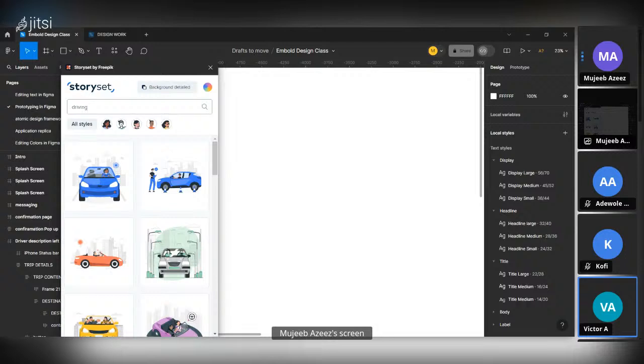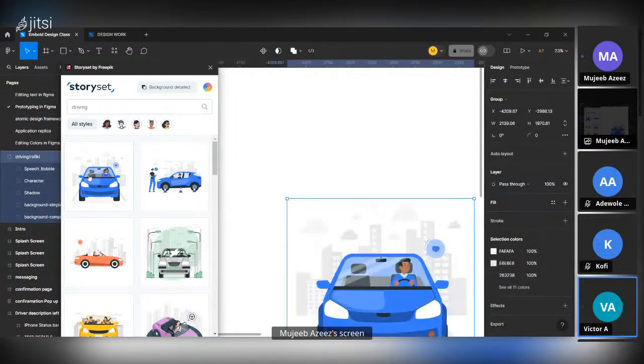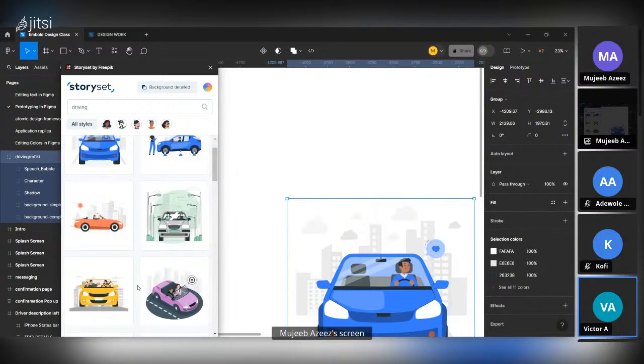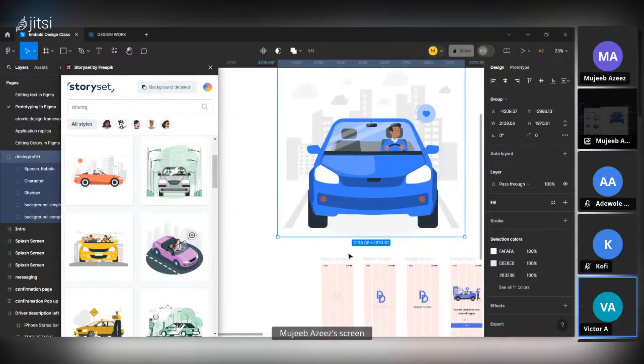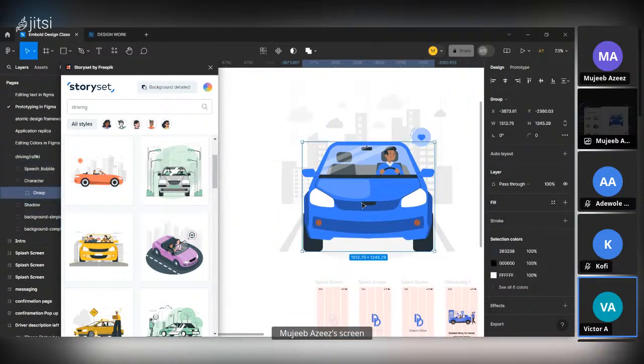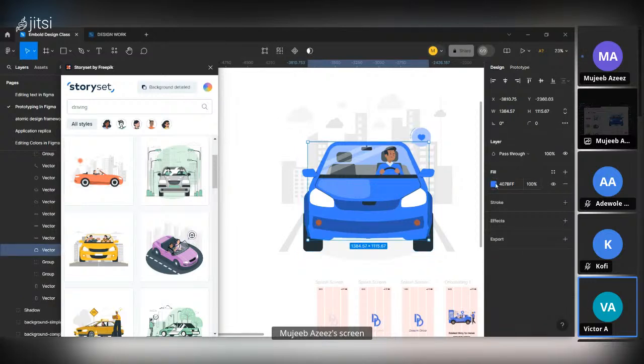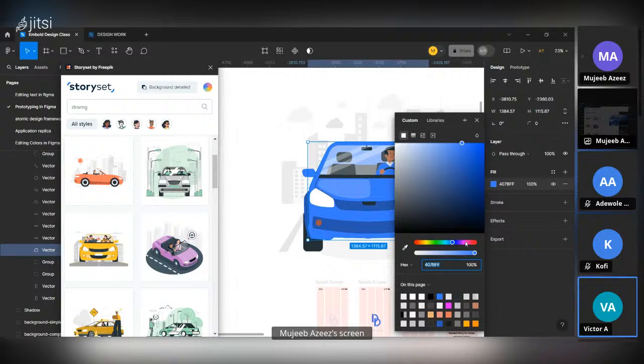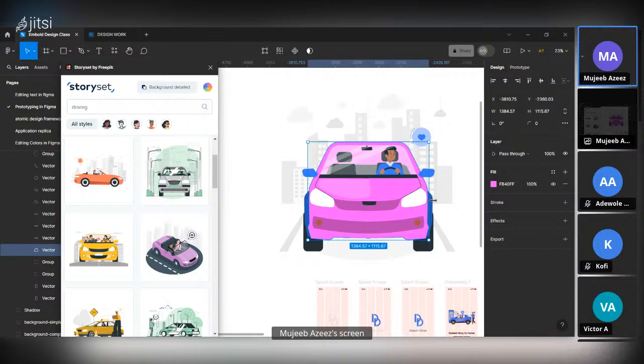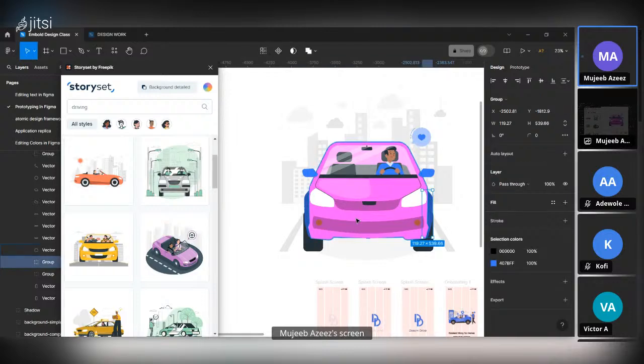And if you feel like, oh, the color I want to use is not here, you can bring these illustrations into Figma, and at your own discretion, if you are a very good designer, you can change the colors. So let's say you want to change this to something orange or purple. You can change the images at your own discretion. So let's say we change this to